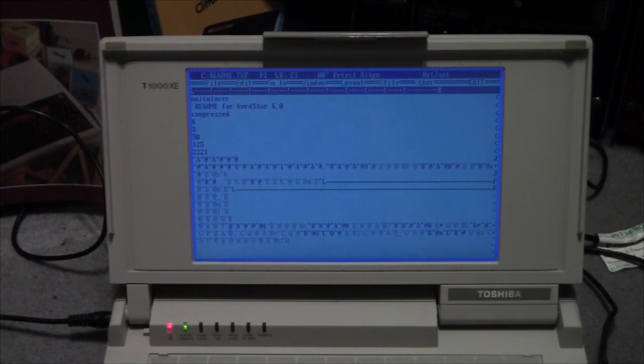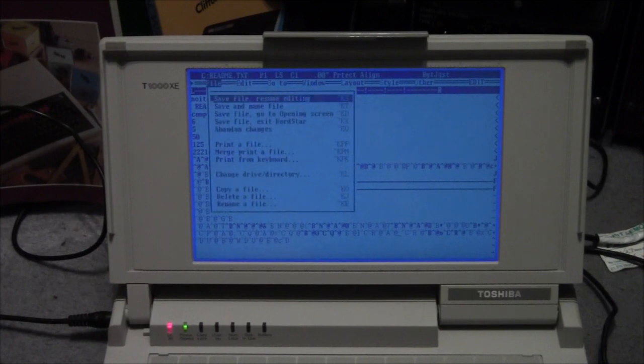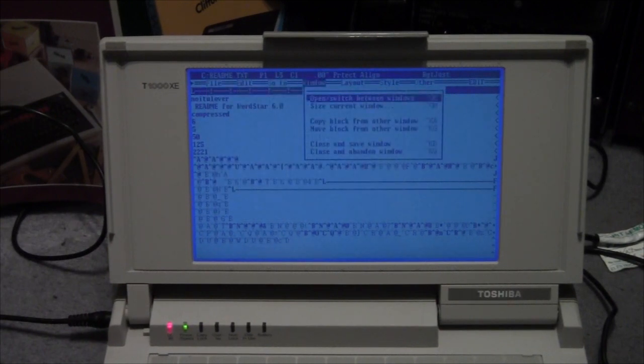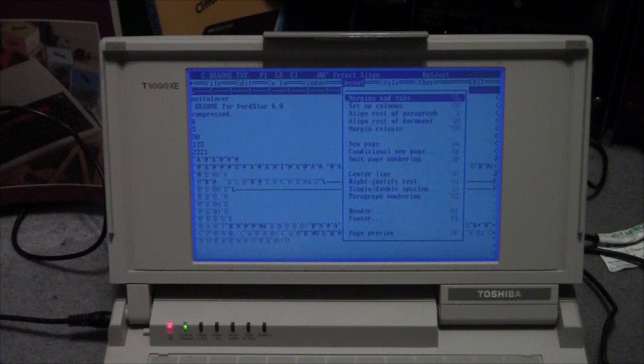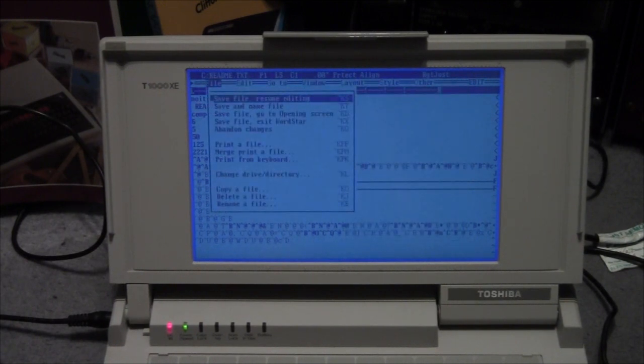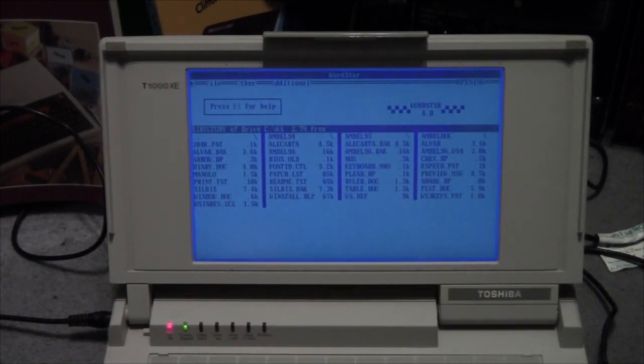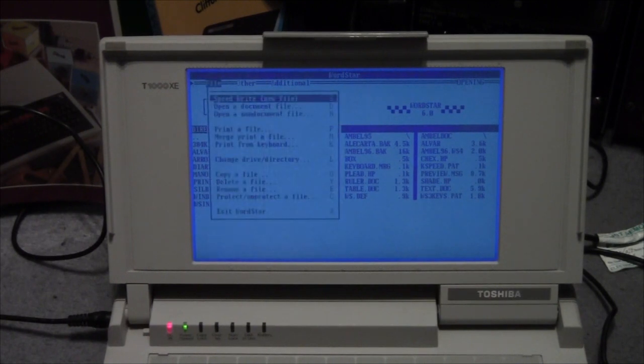and standard stuff, control file. You got all your different options there. Easy to use, very simple, and abandon changes, and it goes. And you can open something else if you wish. What we're going to do, we're going to exit WordStar. The other thing it's got,